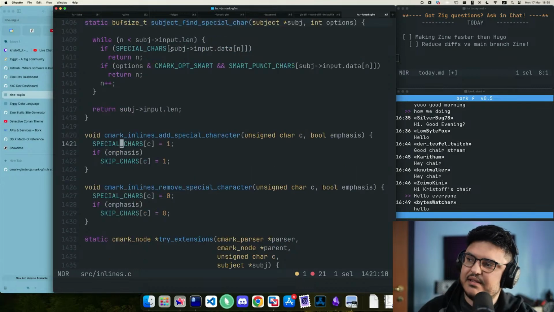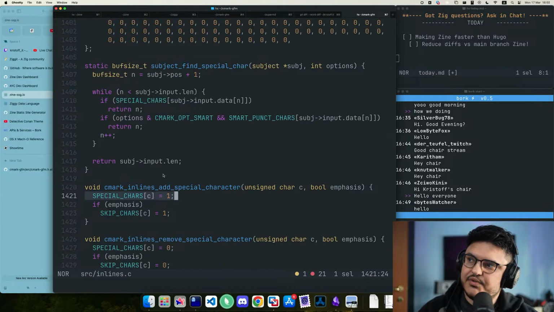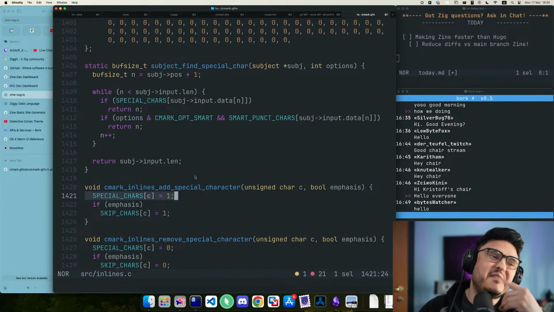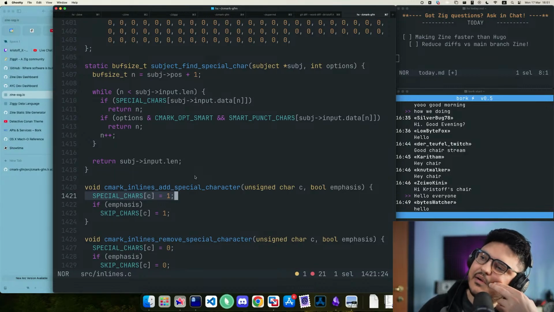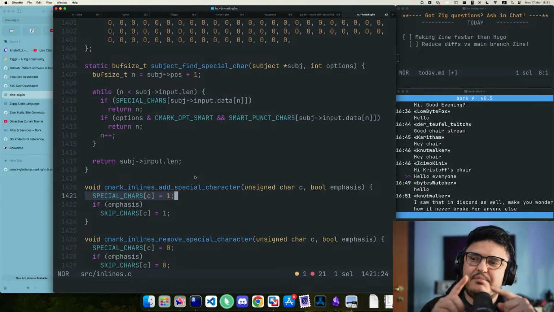The point is that these tables get mutated by code. That's the problem. My point is I have a parser per thread,